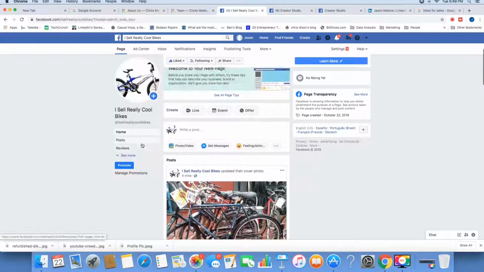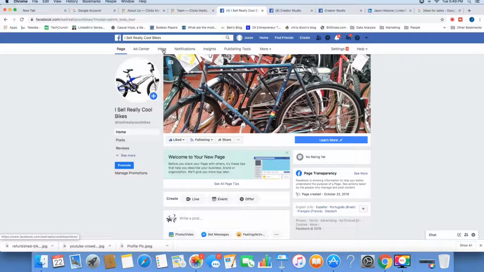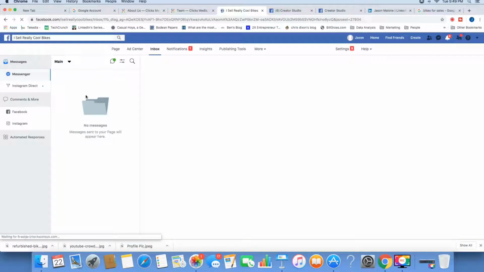So a few more things that you want to be able to update. Here is where you're able to see all of the messages that come in from people that are checking your Facebook page. If you have connected it to your Instagram, which I'll show you how to do in a later video, you'll see all of the messages from your Instagram here. As you can see, messages might be available. We just started this page, so we don't have any messages,